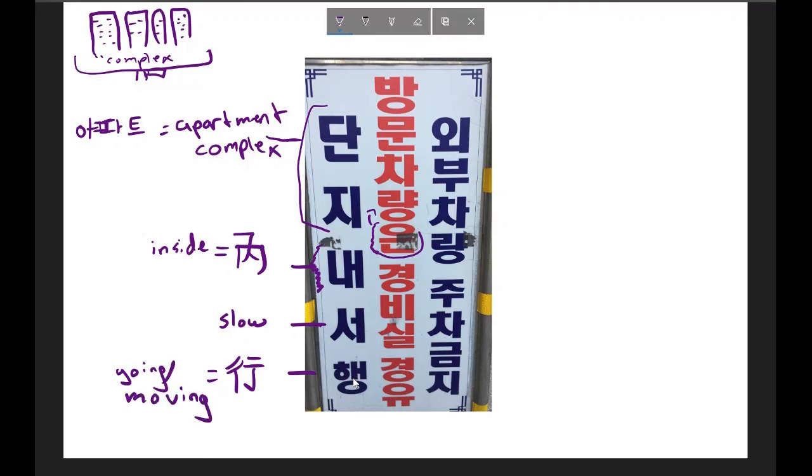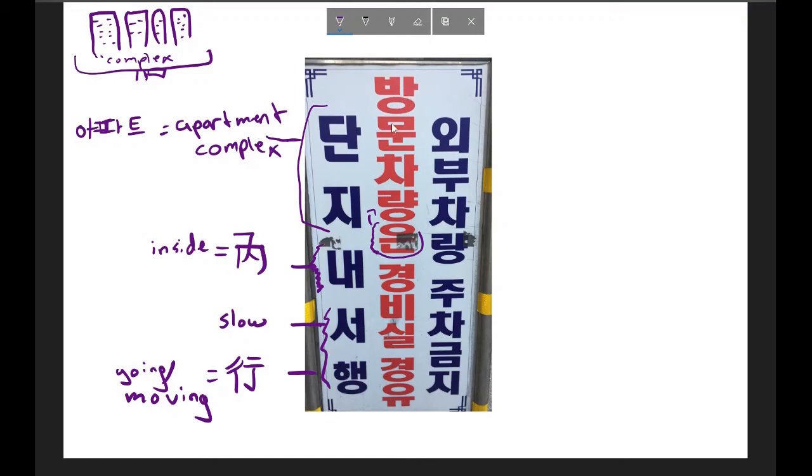And if you can imagine, sawhang hada is the verb for to go slow. And sawhang is the noun form of that, which I guess would be going slow. So right here what I have is inside the apartment complex, or inside the complex, go slow. This next line here,